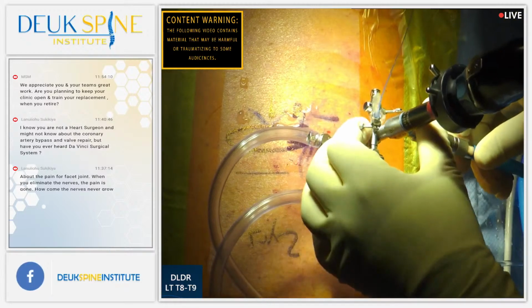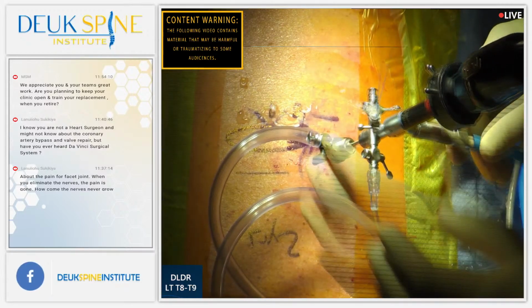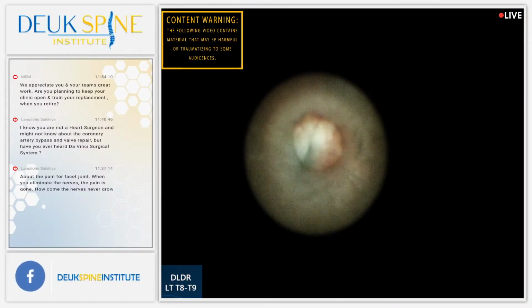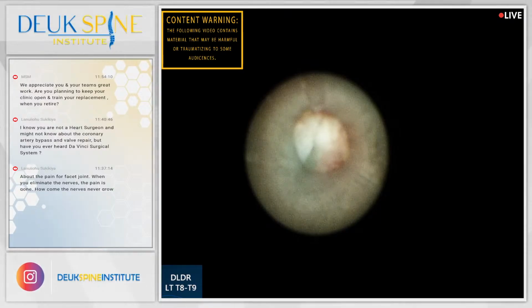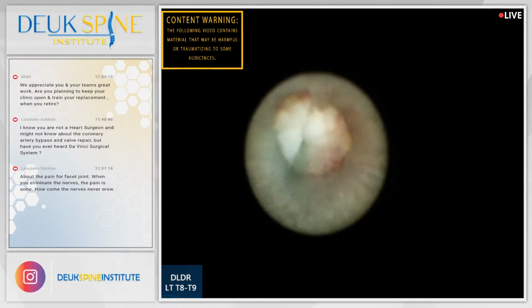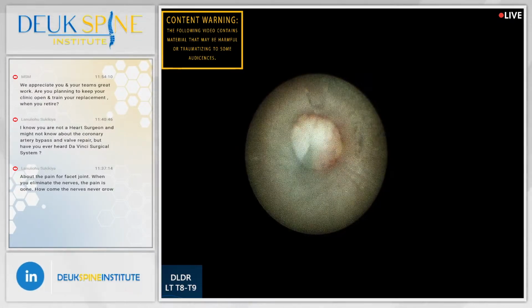And we finally got lucky. We were able to get in there and get it done. That's the inside of the disc right there. As a matter of fact, you're looking at the tear inside the disc, and it's in the wall of the disc. You can see the inflammation, the pink stuff. So I feel really good, even though